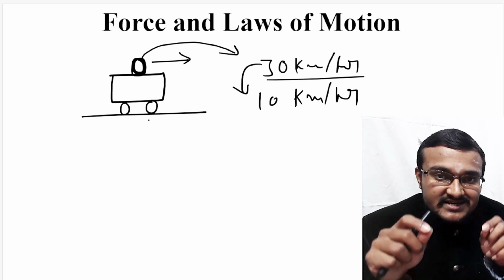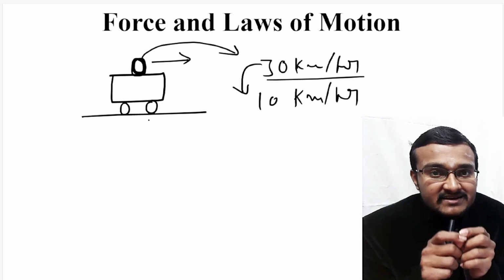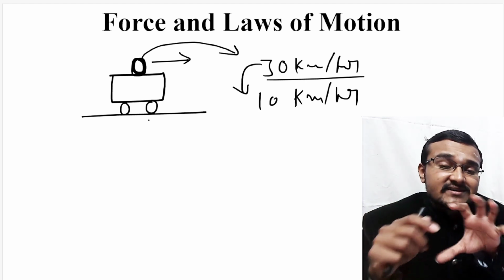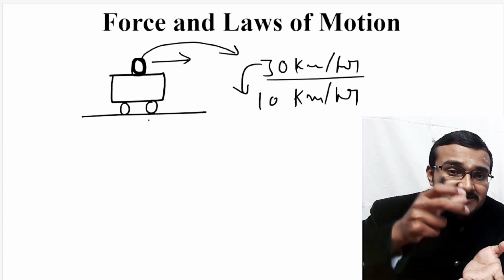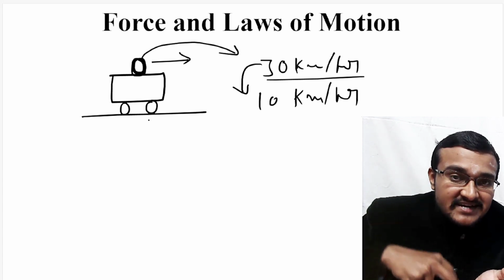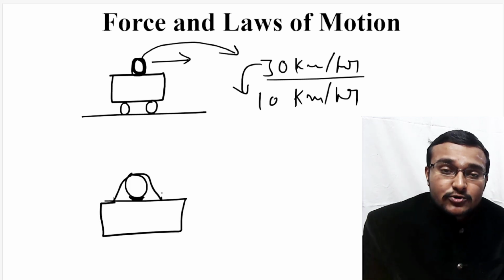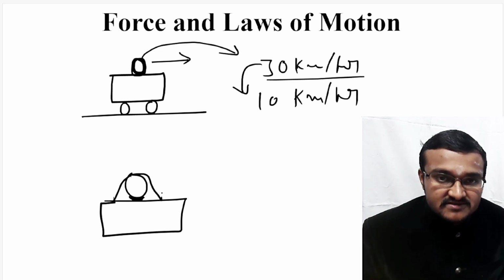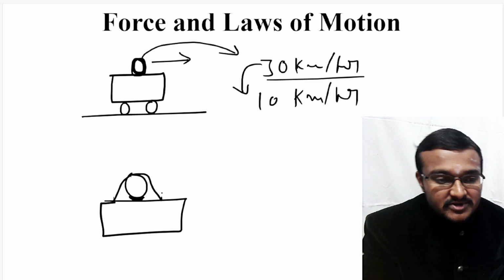So when that object is tied tightly with the bus roof, then whenever there is change in state of motion, because of that tight tying of the object with the bus, the object will also change its state of motion along with the bus. That's why it is always suggested to tie rope for the object which is kept on the top of a moving bus. So all this explanation you can actually write in your own words for this particular third